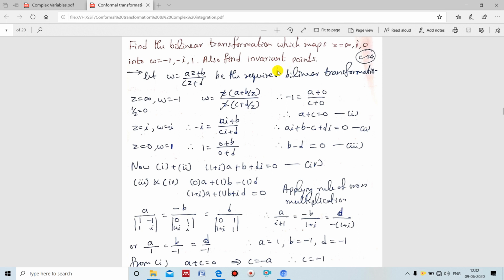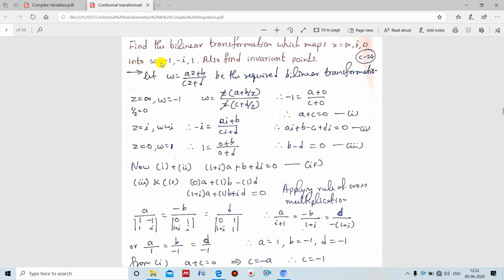So here, in the first point they have given z equal to infinity. If they have given z equal to infinity, it is infinity by infinity. Then we take that z common and get the expression w equal to (a plus b by z) divided by (c plus d by z), because anything divided by infinity is 0, and then we get the value. So if they have given z as infinity, do it like that.